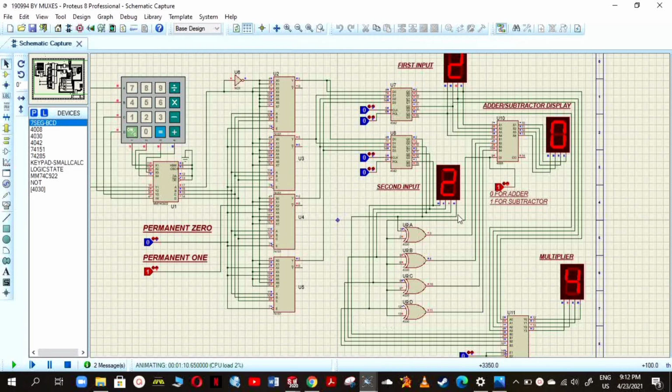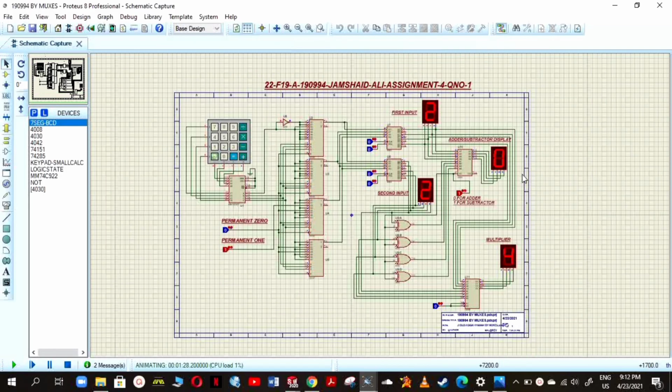Here I use 4 XOR gates whose output is connected to our adder ICs, and it is given as an input to our ICs, and then our subtraction or addition operation will be performed easily. So this is our basic Proteus circuit, which I constructed with the help of four 8 cross 1 muxes, 2 D latches and the 3 operational built-in ICs, which I got from our library, and these 4 segment displays, which will display our input and the output after addition, subtraction and multiplication.